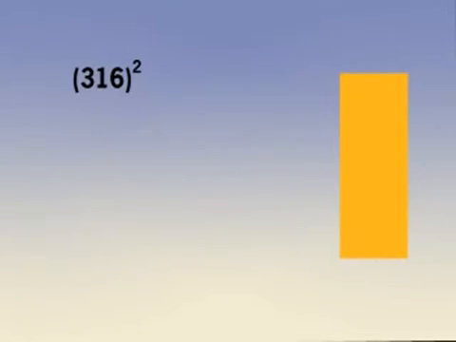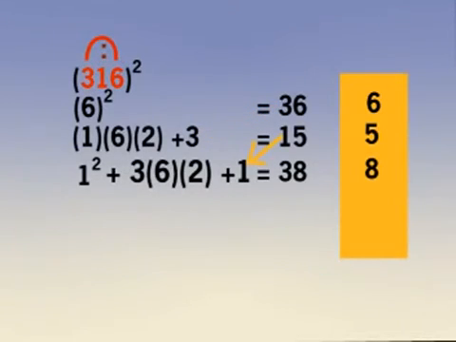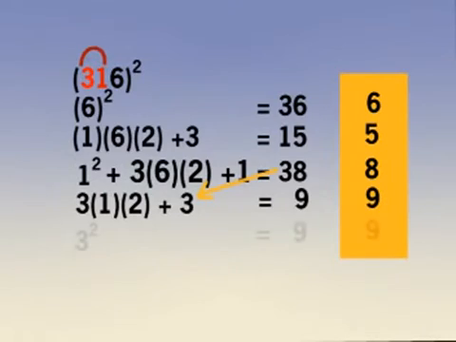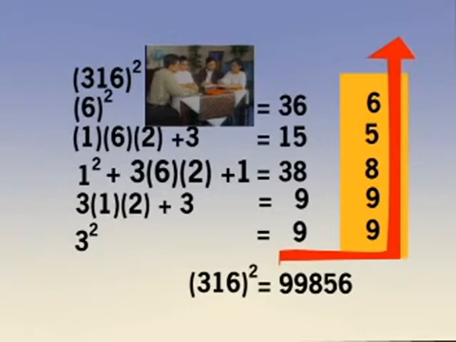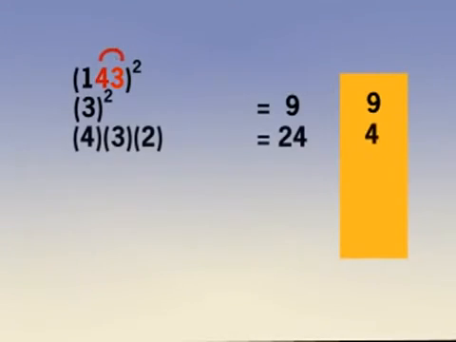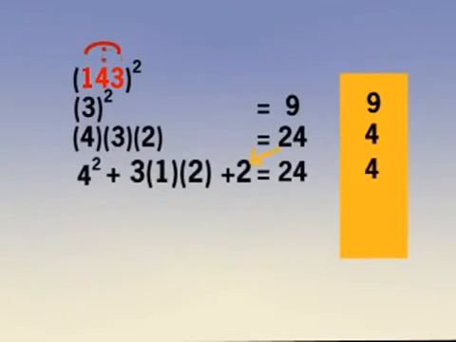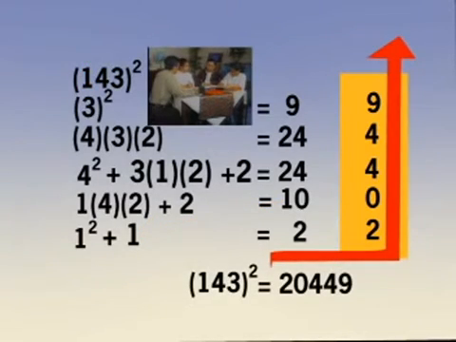I think I can do the next one using the fast method. The square of 316 is 99,856. The square of 143 is